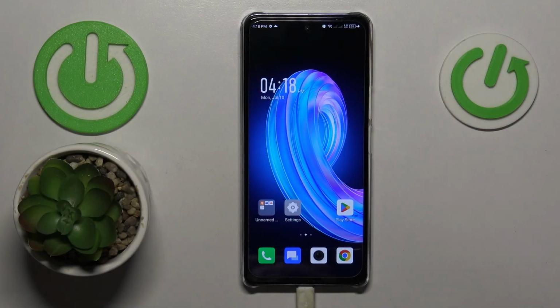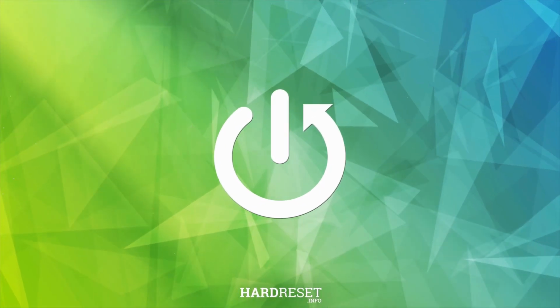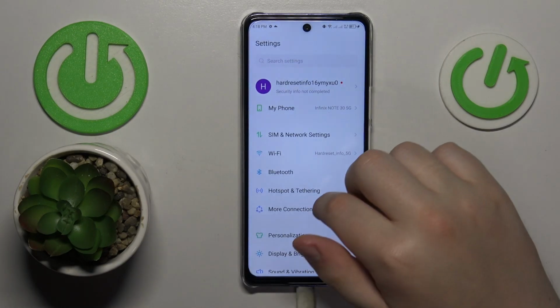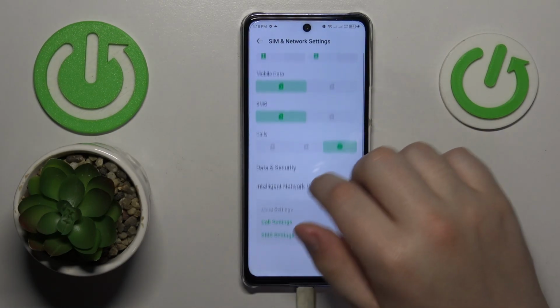This is Infinix Note 30 and today I will show how you can enable the data saver feature on this device. So first you will need to launch settings, then enter the SIM and network settings category, then go for the